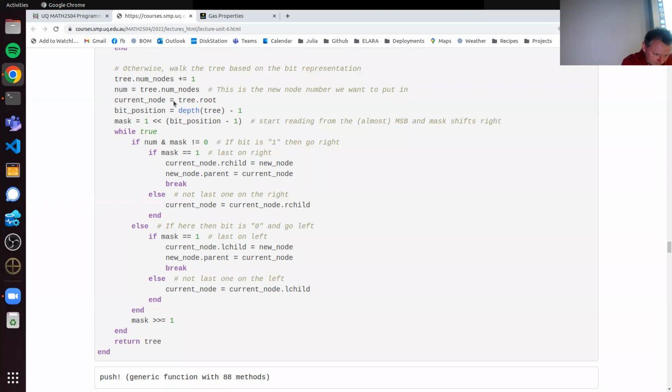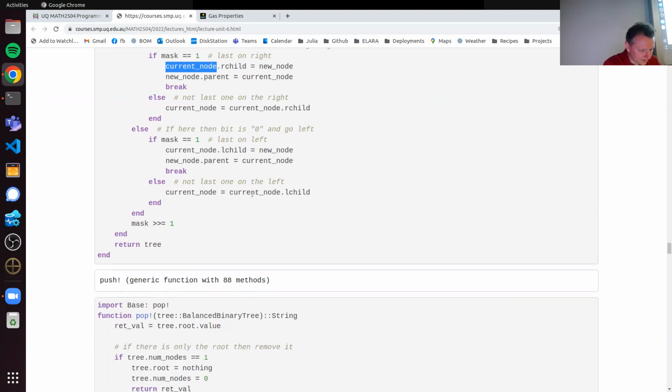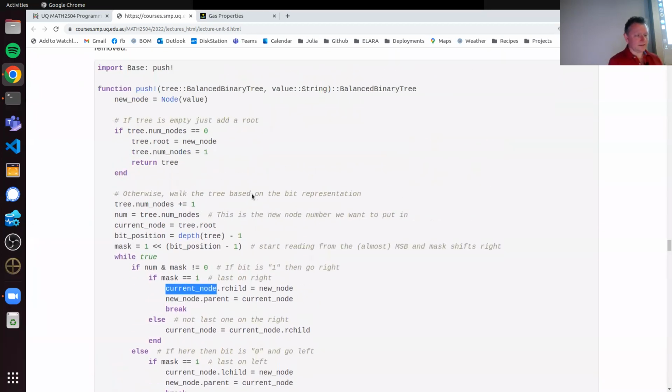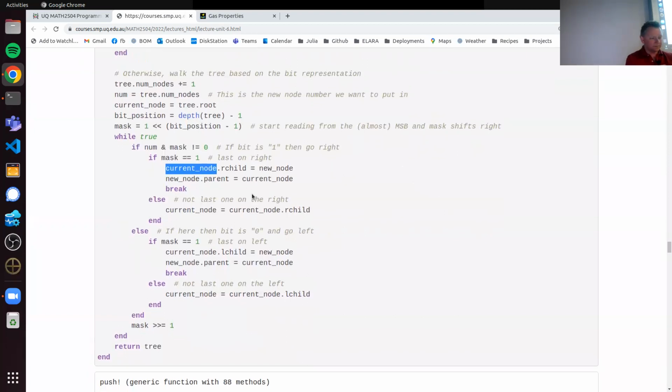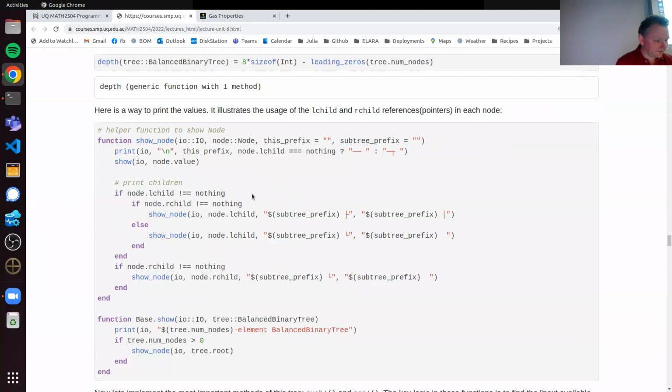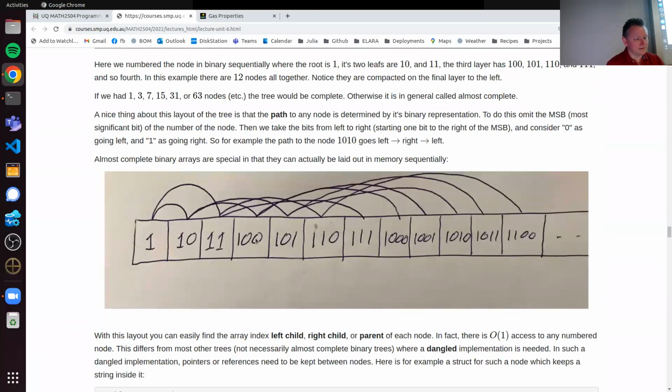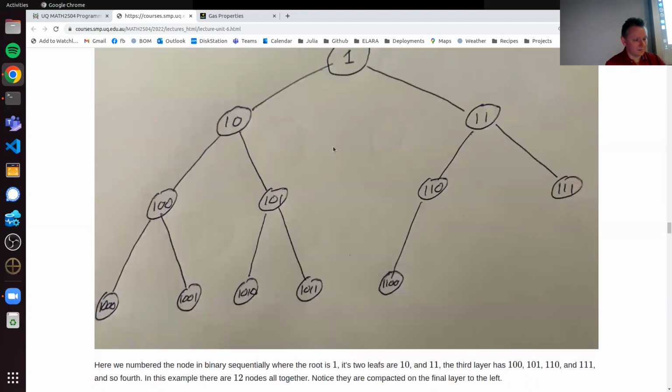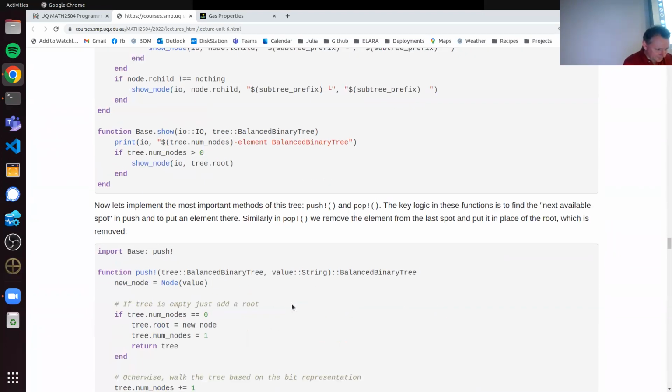Num and mask. Num is number of nodes. Okay. If a bit is 1, then go to the right. That's fine. If mask is 1 and you're the last one on the right, sure. So it looks like in this function, when we're pushing into this heap, we're just stuffing everything at the bottom. So we're just filling everything in order. If you imagine this array, we're just jamming them in this order as you're pushing. We'd be filling in that one, then that one, then that one, and so on. Right. And then